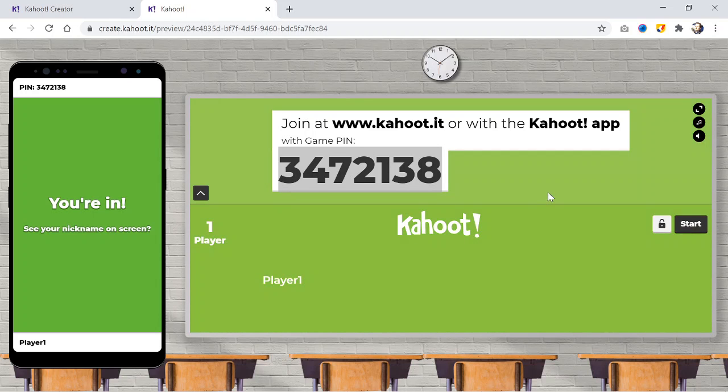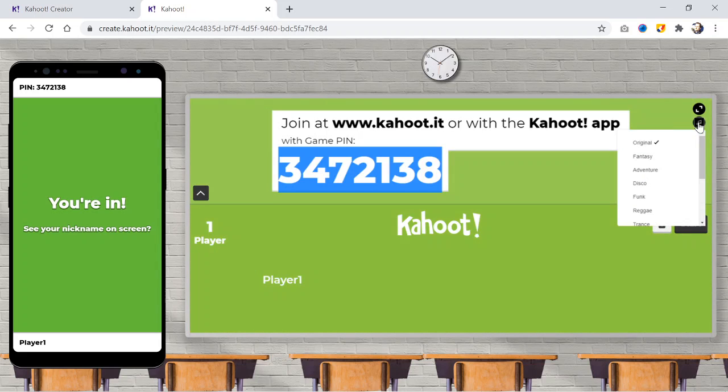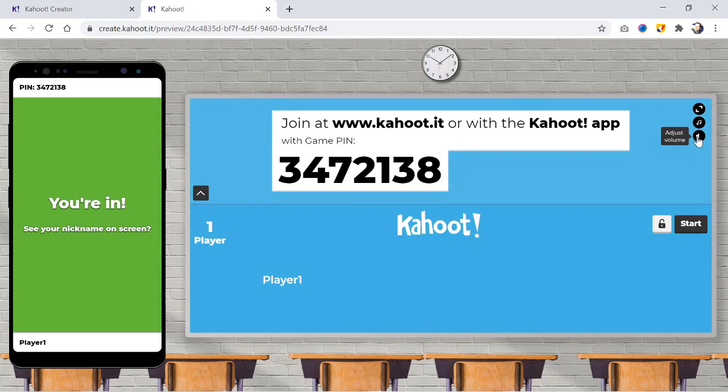You may now lock the game anytime to prevent more players from entering. With music options, before starting the test, you can always change lobby music and adjust volume from here. If you are fine with all that, let's start.